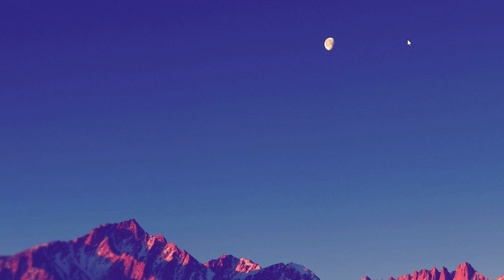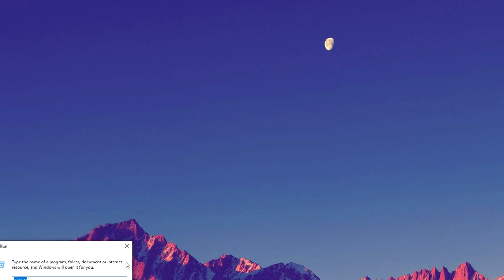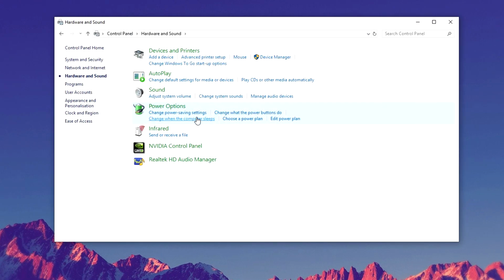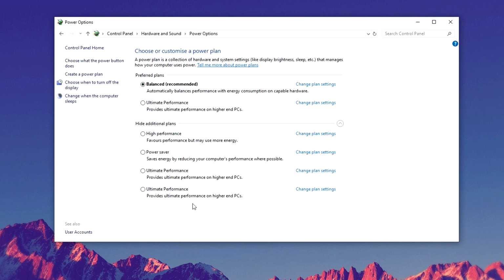And then if you go ahead and navigate to the control panel, and you can do this multiple ways. I like to do it through the run command because my start menu isn't working correctly at the moment. Go ahead and click on hardware and sound, and here you should see another tab where it says ultimate performance mode. Now I've run this command a couple of times, that's why it's come up like this, so make sure you only do it once, but when you do it just click on the ultimate performance mode and it will